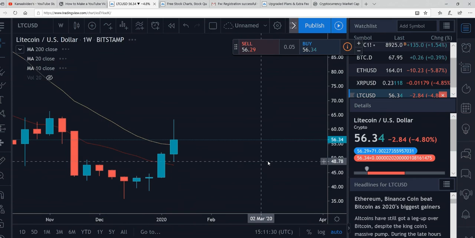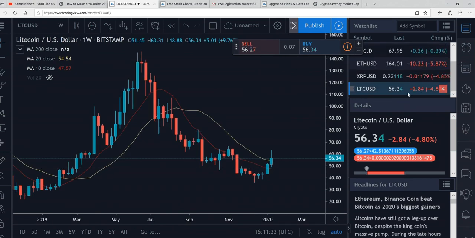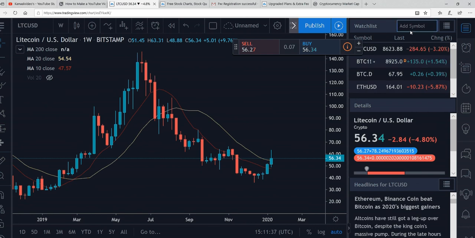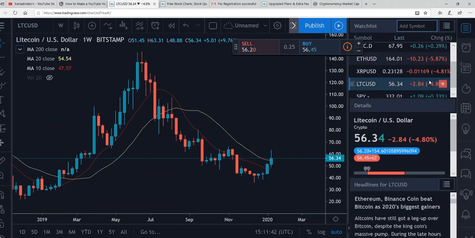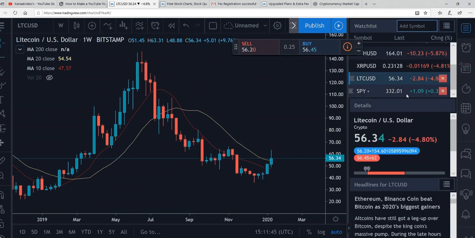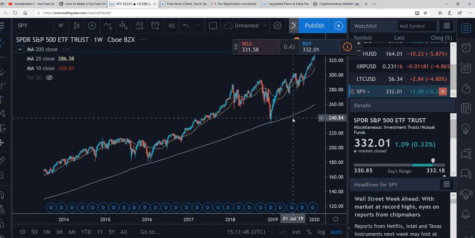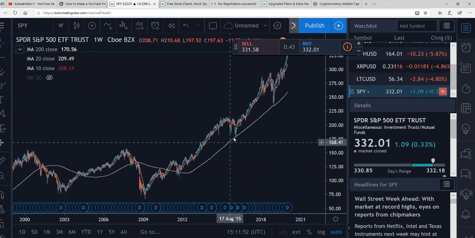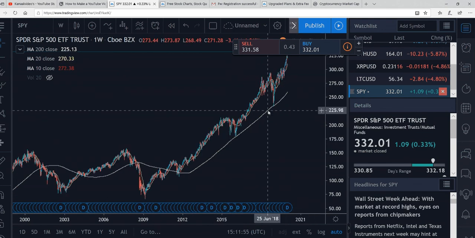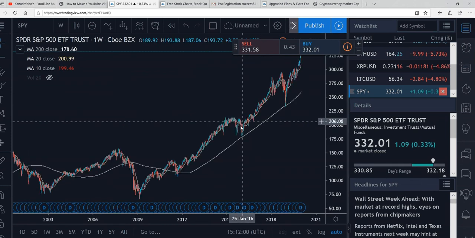What do we have more? Did I forget something? For myself, I like to keep an eye on the other markets as well. So, for example, the stock market, which is just going up and up and up for years now. It's getting into greedy parabolic territory, as you can see, above the 200 weekly. Dips are for buying mostly, and this is a real bull market, guys. As you can see,